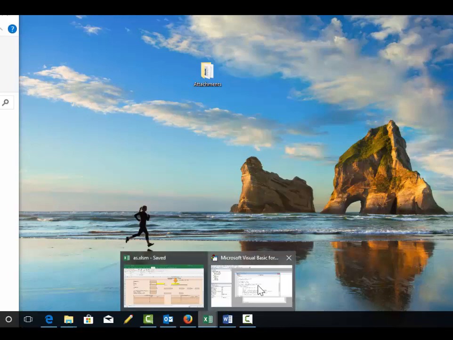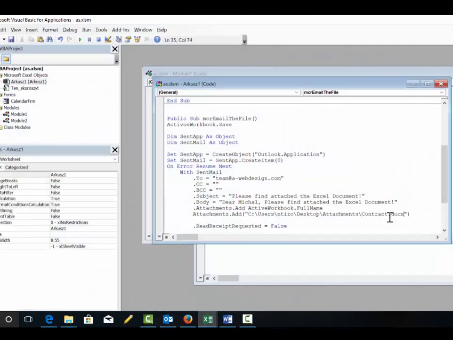Okay, let's go back to the Excel document and I'm going to paste the document there. So I've got a document path there. Basically, oops, I need to put a dot there. Microsoft Excel will know where to collect the file and send it to Outlook. Now, once we've done that,